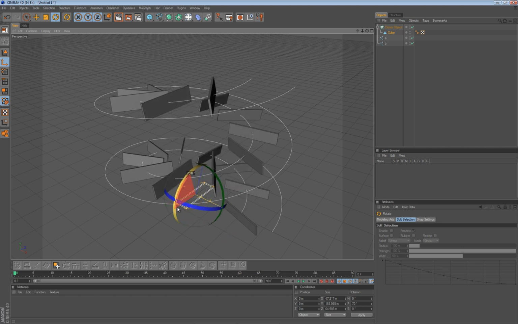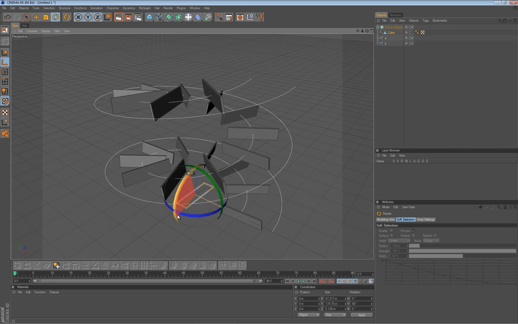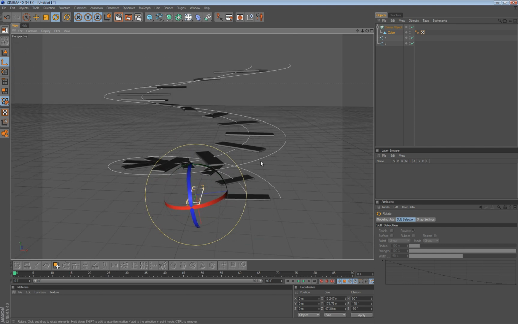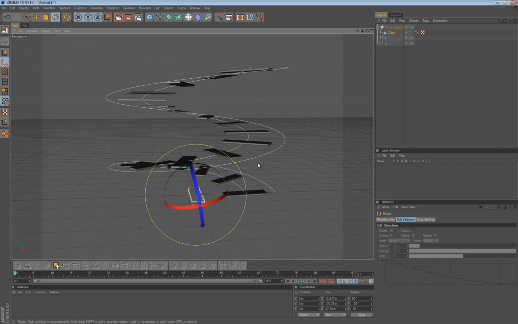I'm just using my shift key to constrain it to 5-degree increments. Okay, and let's try rotate on this axis also, something like 80 degrees maybe. Okay, and we have really nice